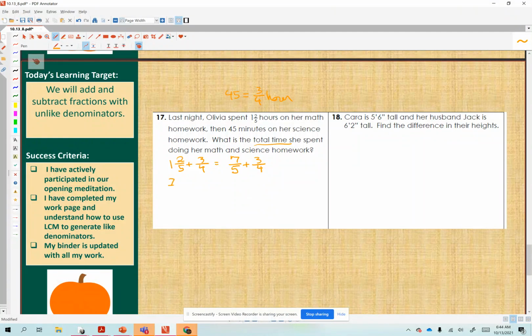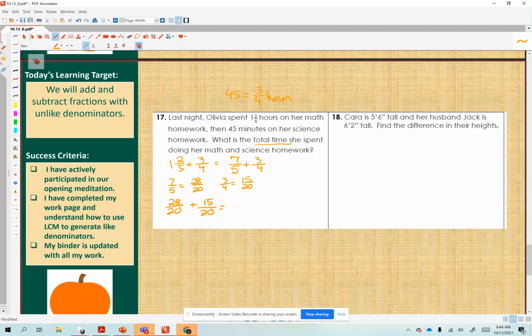So 7/5 equals 5 times 4 is 20. 7 times 4 is 28. 28/20ths. 3/4 equals 4 times 5 is 20. 3 times 5 is 15. So 28/20ths plus